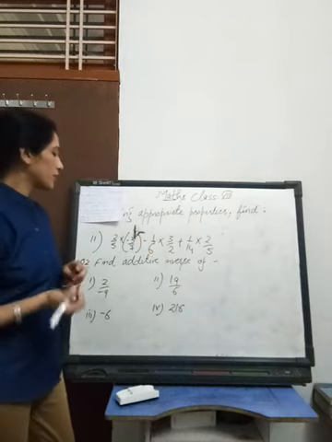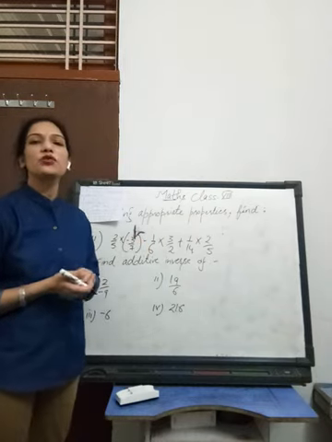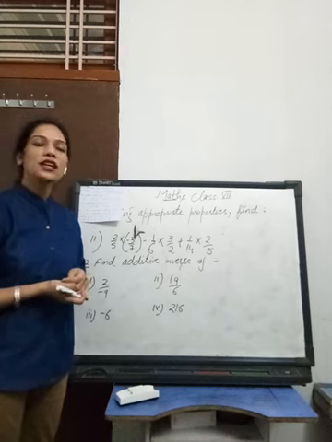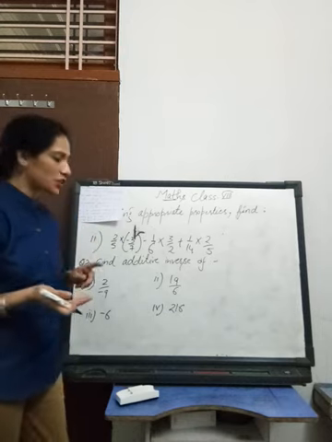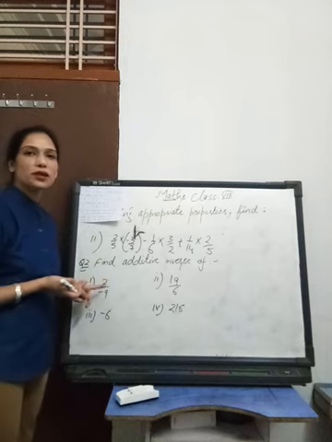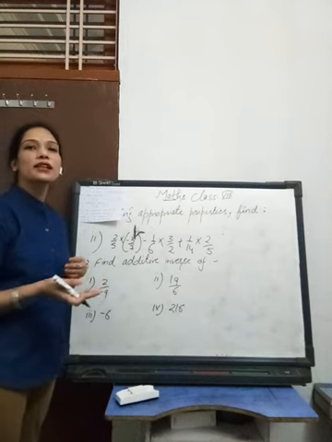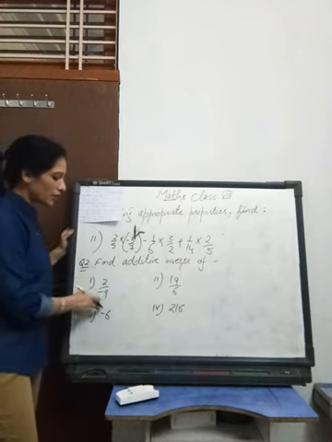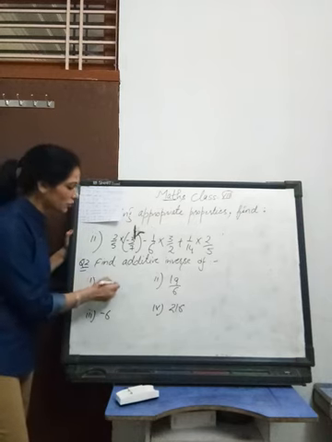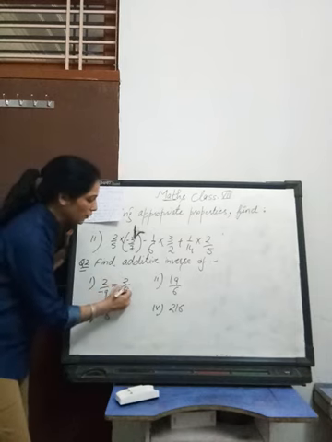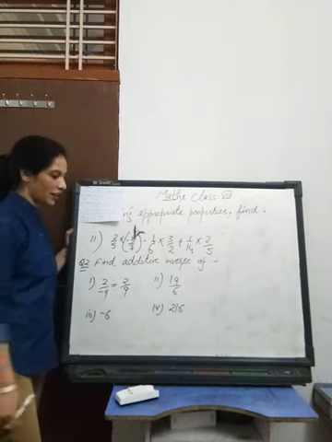So what is the additive inverse? In the additive inverse you have to write the opposite of any rational number. Means you have to convert a positive rational number to a negative rational number, and if the rational number is negative, you have to write the positive rational number. So here 2 upon minus 9 is a negative rational number and you have to write the additive inverse of this one. So you will write the positive rational number 2 upon 9.